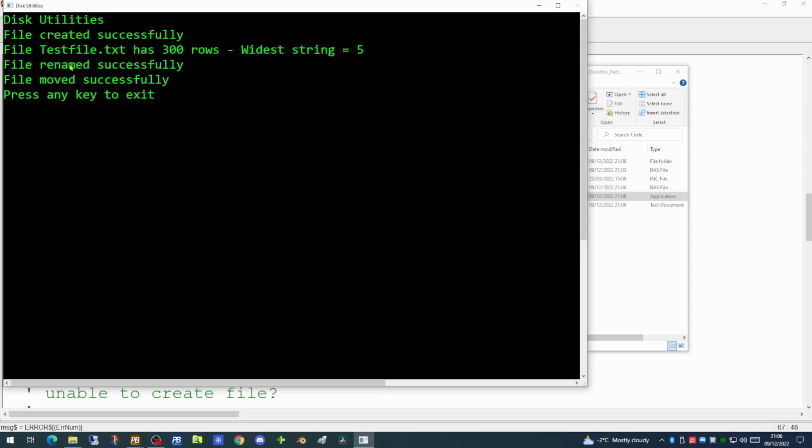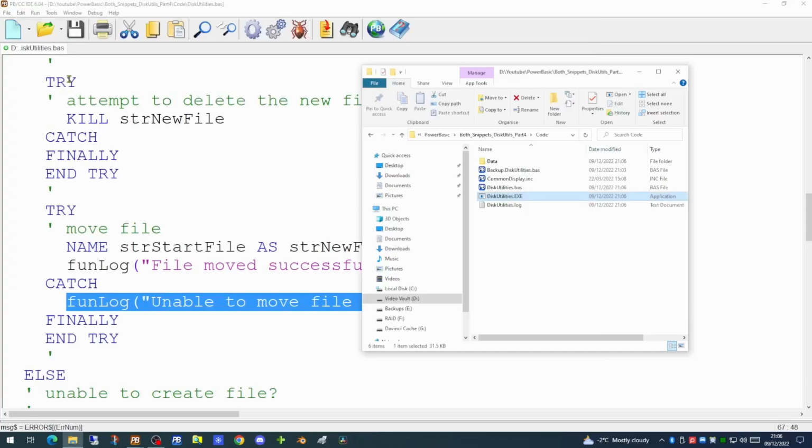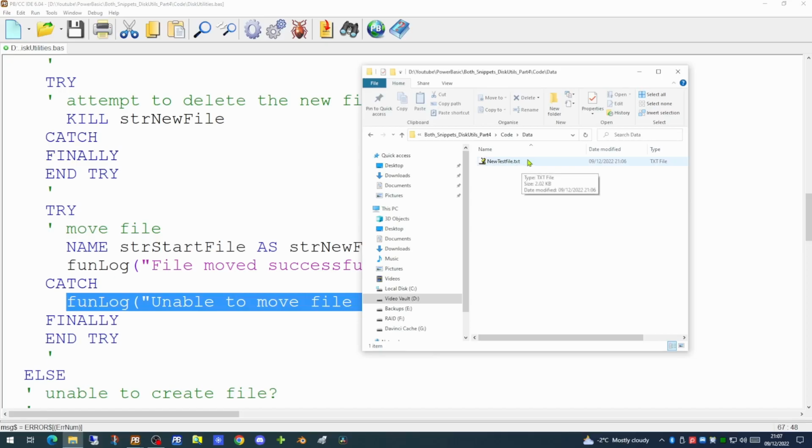It has been renamed to new testfile.txt, and it's telling us it has been moved successfully. We will see that our new testfile.txt does no longer exist within the root of the folder, but in the data folder it does exist. So we've effectively used the name command to move the file from one directory to another.